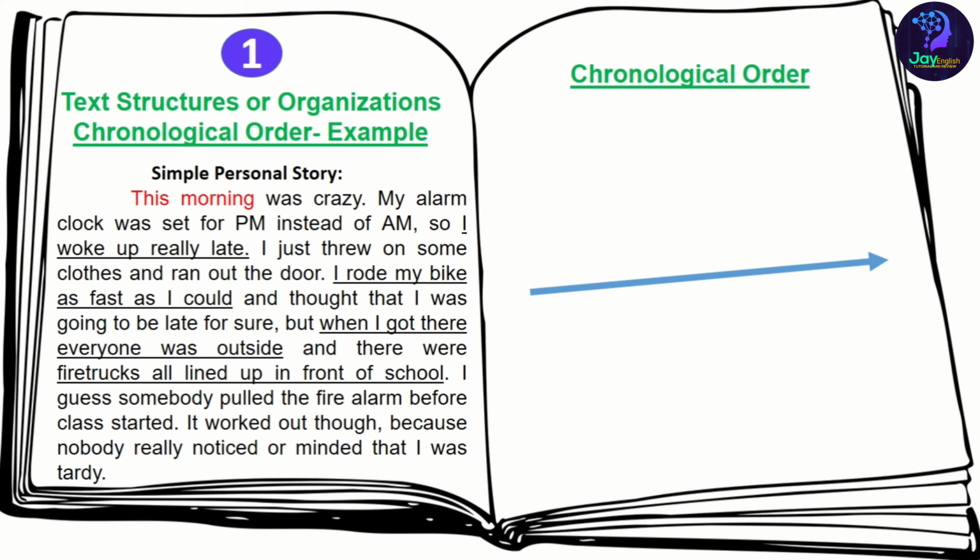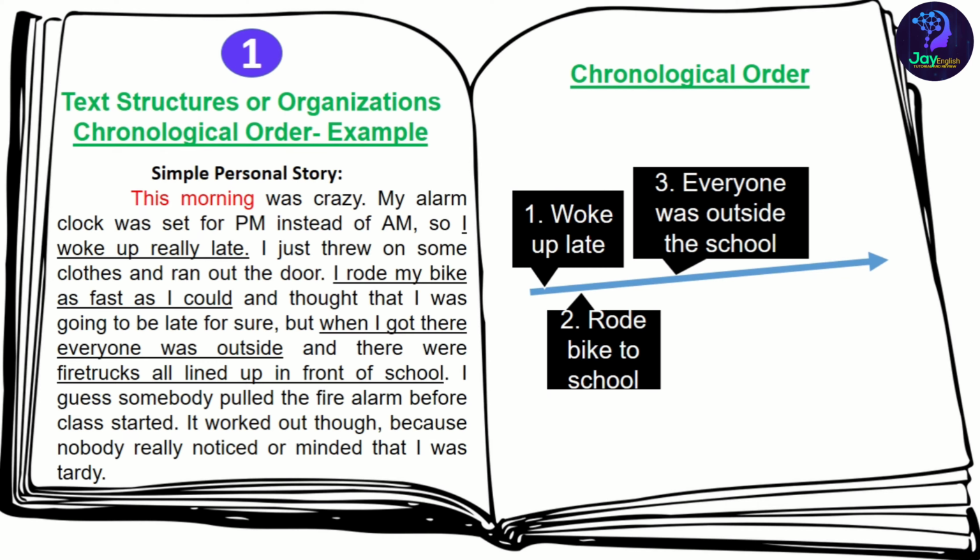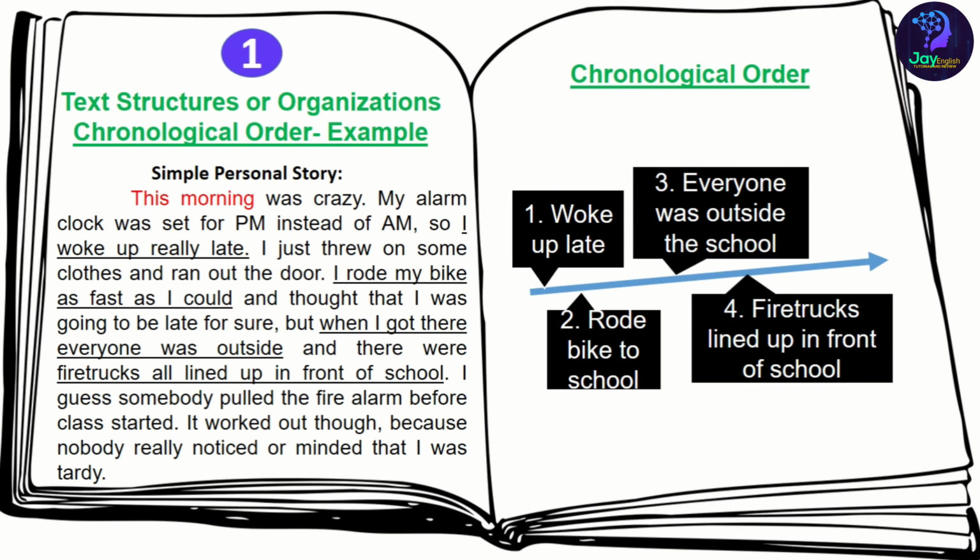In this example, this is how the person in the paragraph narrated the story in a chronological order. He or she said that the morning was crazy because first, he woke up late. And since he woke up late, he needed to prepare for school. So he rode his bike to school, and when he was there, he found out that everyone was outside the school, and at the same time, fire trucks lined up in front of school. So this is how these